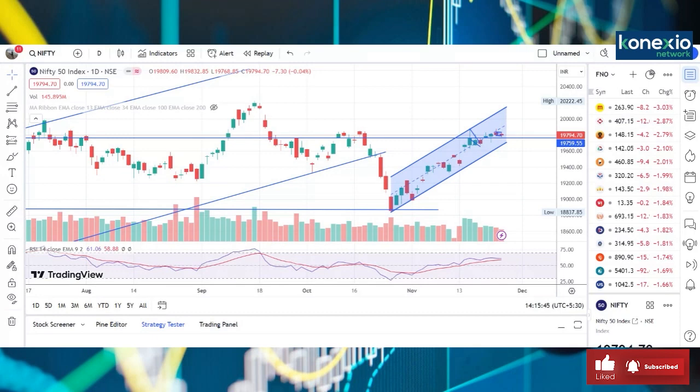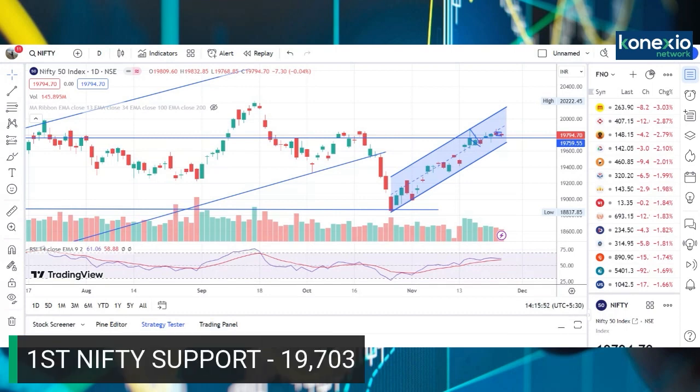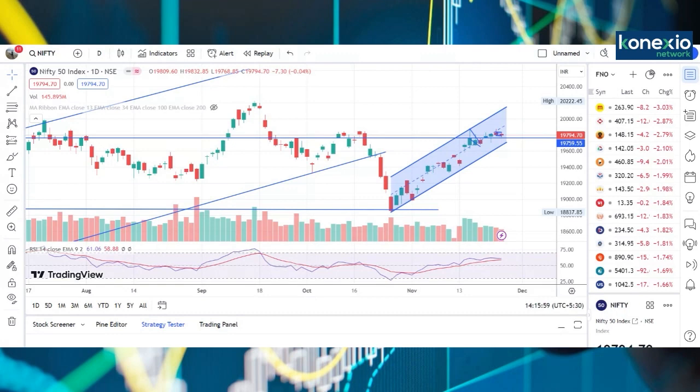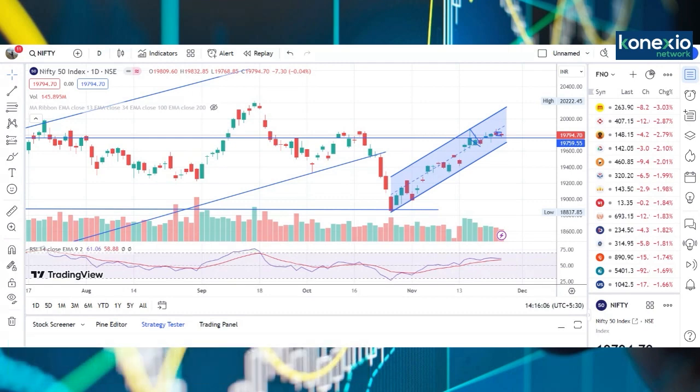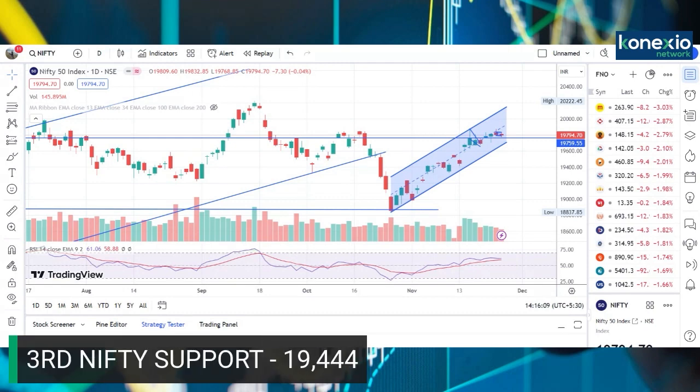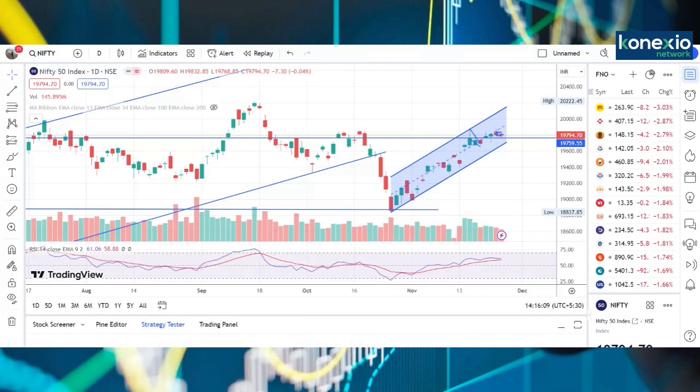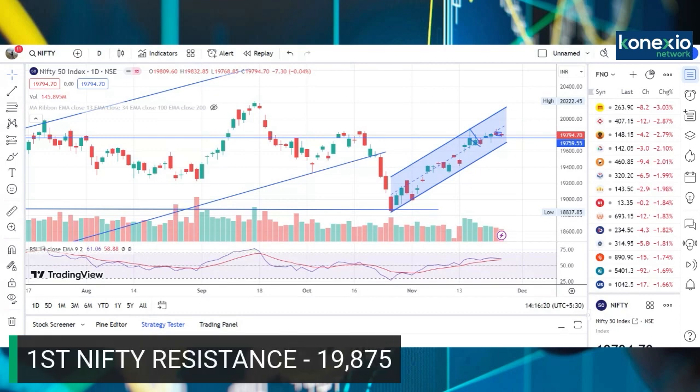So friends, now let us discuss the important support and resistance levels for the next week. In Nifty, the first support for the next week is placed around 19,703. Below that, the second support is placed at 19,579, and below that, the third support is placed at 19,444. Whereas on the upside, the first resistance in the Nifty is placed at